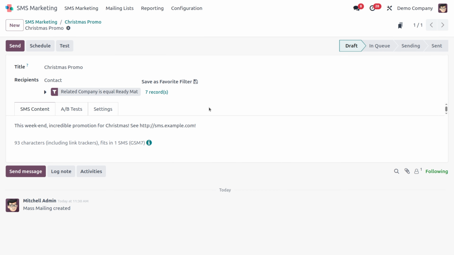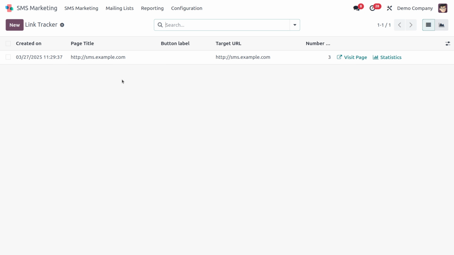First of all, if the link is already created, or to automatically generate a link tracker to gather analytical data and metrics related to those specific links, go to configuration, then link tracker. Here you can see the dashboard of the link tracker with many configured options like created on, which means when the link was created.